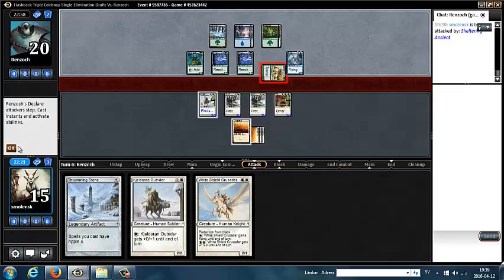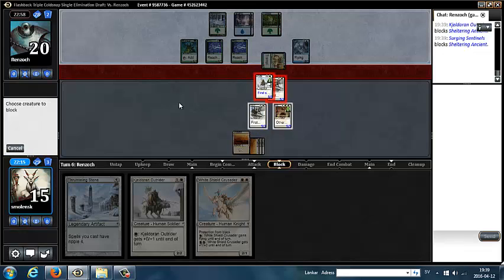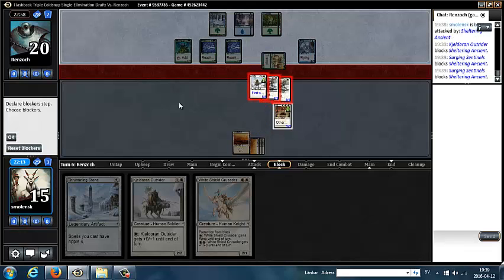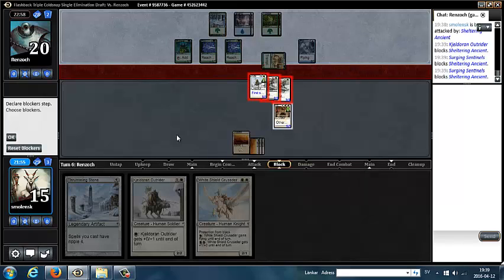So I have 8 first strike here. If he has a pump spell, then he still can't get past my creatures. He could have a bounce spell, I guess. That would be bad for me. So maybe I just...